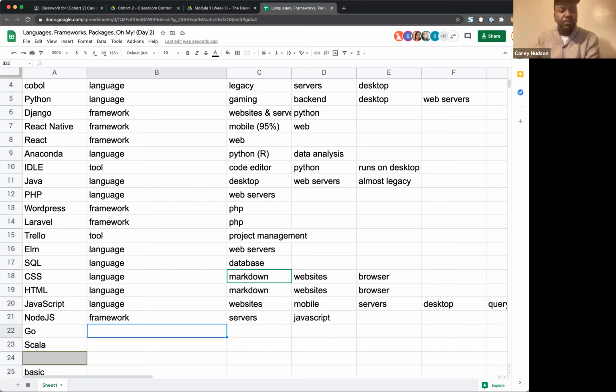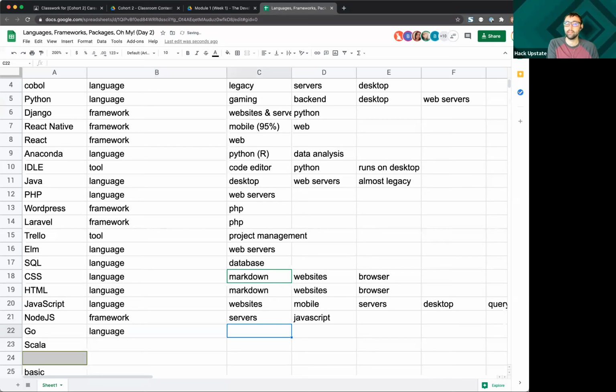Go. Guesses of what Go is? Back-end web framework. It is a language, but it is a language first and foremost.